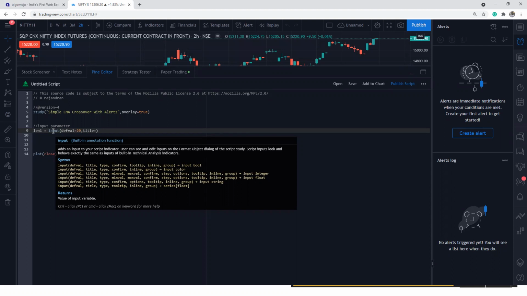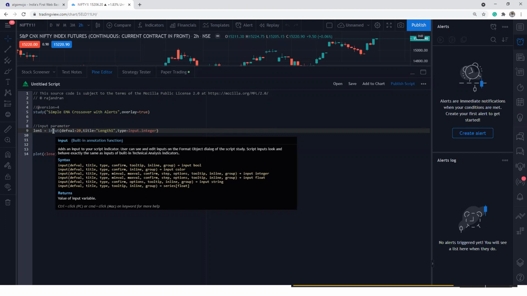It is more of a label. Anything which is a label, I have to put inside a double quotation. I'll say length 1 and comma type equal to what kind of input you're going to get. Are you going to get a number? Are you going to get date and time kind of functionalities? Are you going to enter some text values? So here we want to get an integer value. In that case, I'm going to say input dot integer.